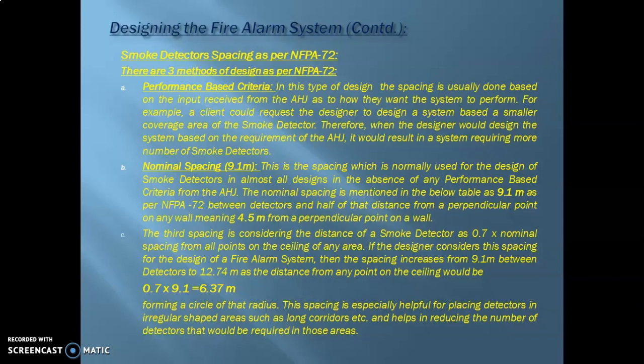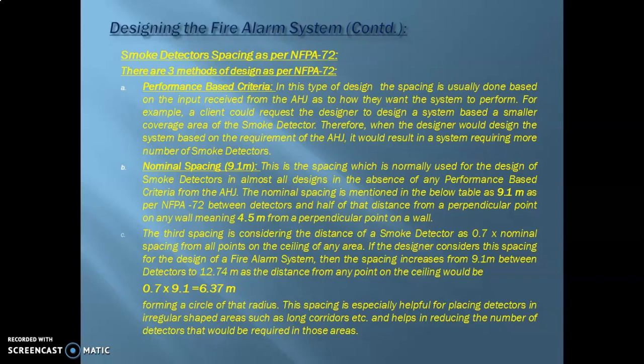You can consider 9.1 meters, but then that will increase the number of smoke detectors if the corridor is too long. So in order to reduce that, this third point is very helpful, because utilizing this spacing between smoke detectors, you can reduce the number of smoke detectors in those particular areas.